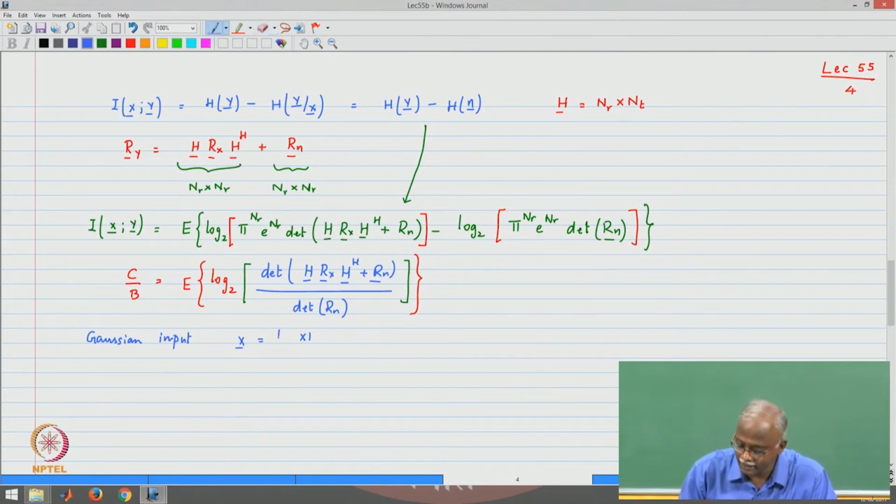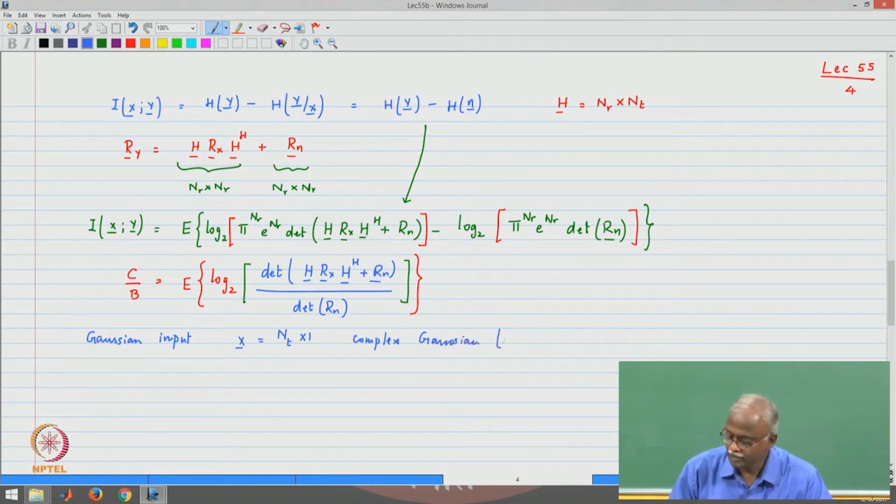It is an nt cross 1 complex Gaussian zero mean vector, and the components are independent of each other,